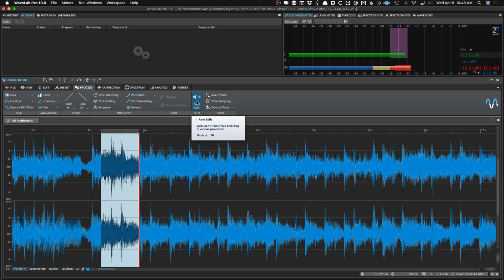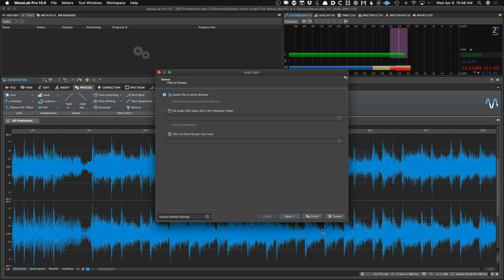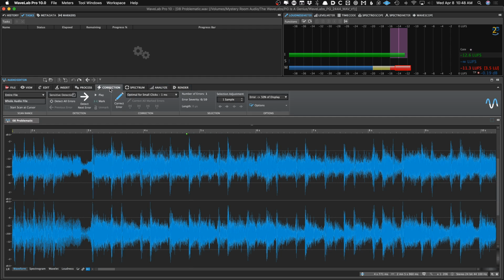Auto split, this is more for if you do a long recording and you want to break it up based on silences and things like that, you can split the file with some automated settings. You can invert the phase, all sorts of stuff. Correction gets into removing clicks and pops and sort of restoration stuff. A